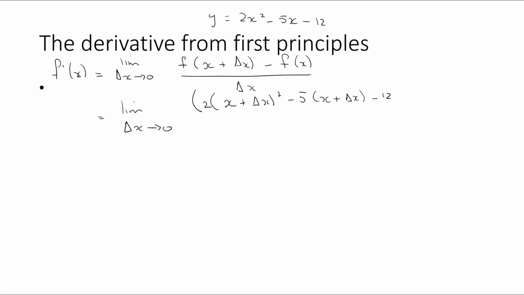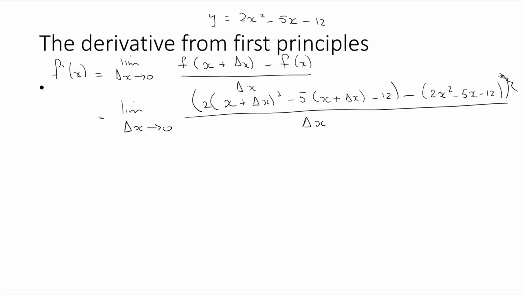So that's putting in x plus delta x. And then I'm going to subtract the straight out function with x in it. And then I'm going to divide that, so put an extra bracket. Then I'm going to divide that by delta x. So expanding all the brackets,